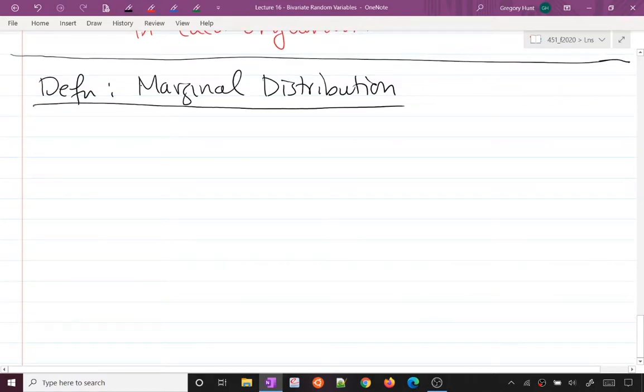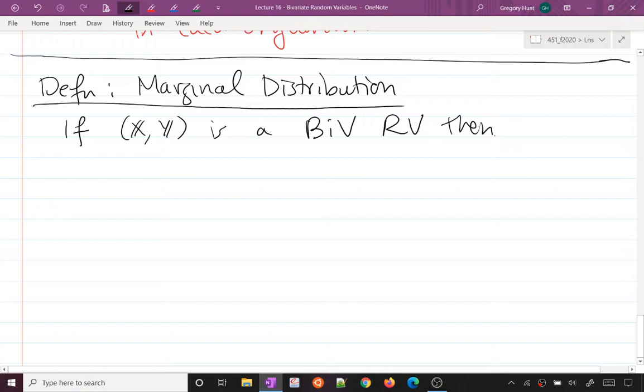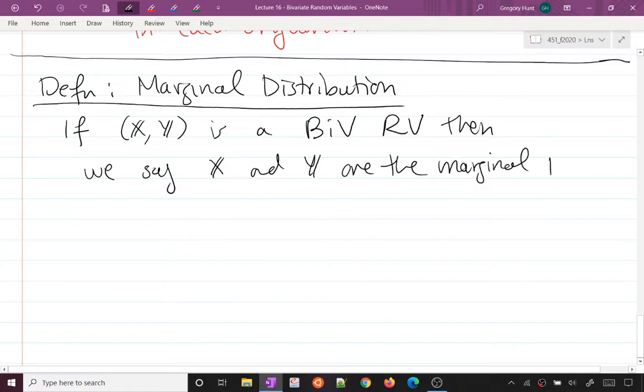The marginal distributions are just the distributions of either of the arguments or either of the random variables. So if X comma Y is a bivariate random variable, then we say X and Y are the marginal random variables,